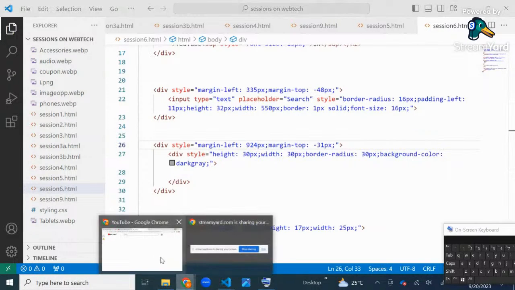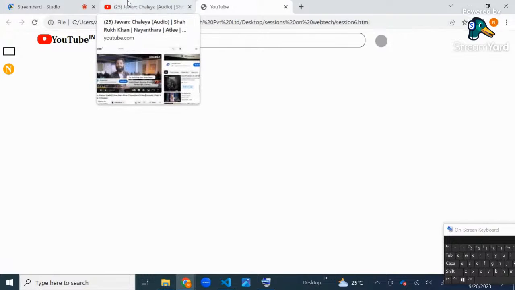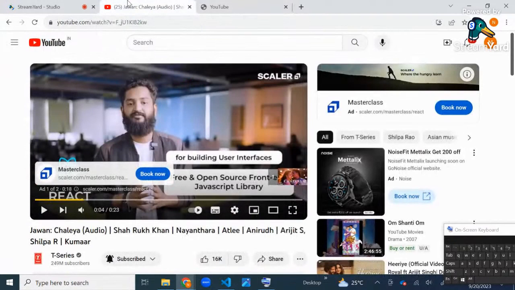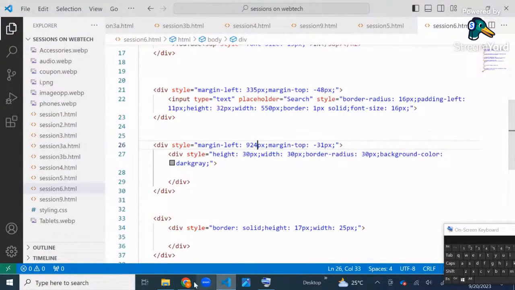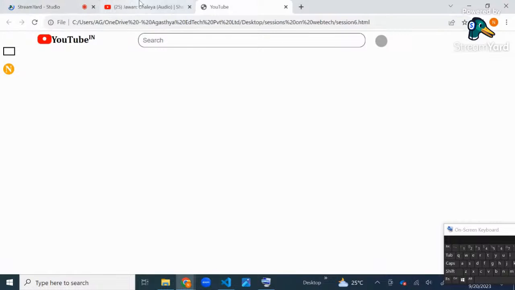Okay, so I will refresh. Okay, let it be here. Fine. Okay, then what we need to do is move this box. Okay, we need to move this box, the last box where we have created a rectangle in place of